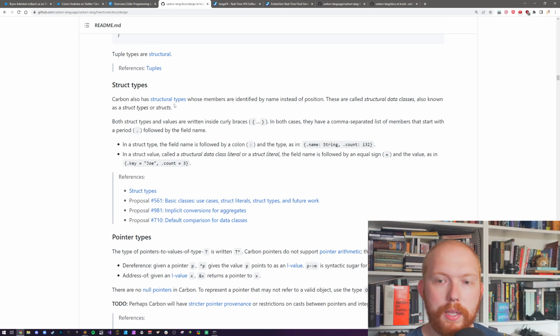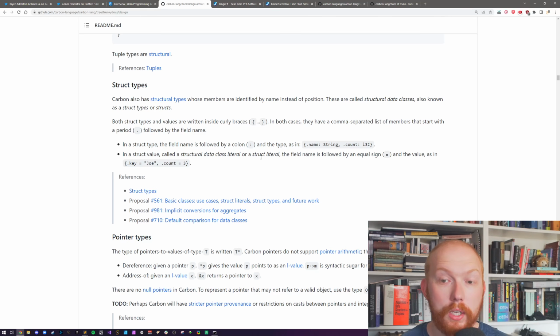Interestingly, they have struct types, but their struct types seem to be only possible through struct literals, which have this semantic syntax. So this is how you define a struct literal. Yes, struct type, which is a bit weird in my opinion. It's kind of like a tuple, but with curly braces, and the fields have to be named and prefixed with a dot. And then you have to initialize it with the equals. So fine, that's okay in my opinion.